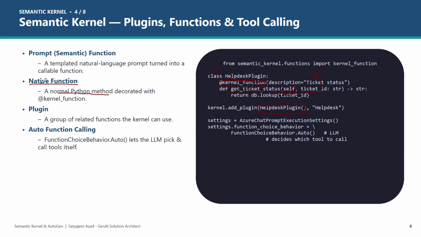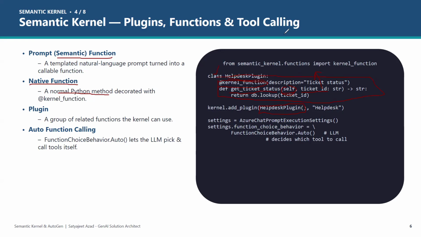A native function is something you can write using your Python libraries. That is your native function. But there is something called semantic functions, which you can write in natural language. Yugratna, you asked me about this, right? This entire block is your native function. But when it comes to a semantic function, we write it like a prompt. Let me share it with you.